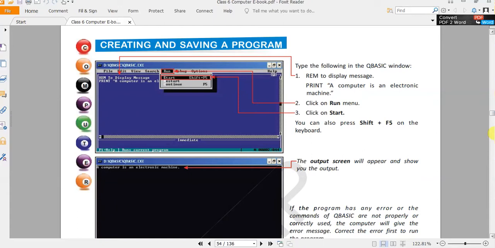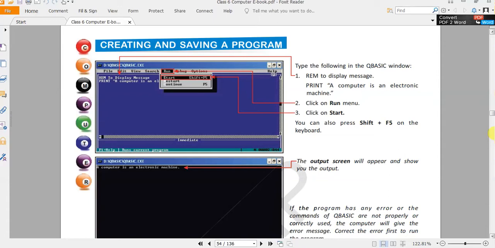In this part of this chapter I am going to describe how we create QBasic programs and run them. As we know, in QBasic we run the program through the F5 key. F5 key is the shortcut key to run a QBasic program. So first of all, we have to download the QBasic application through the internet in either 32-bit or 64-bit as per your computer operating system.